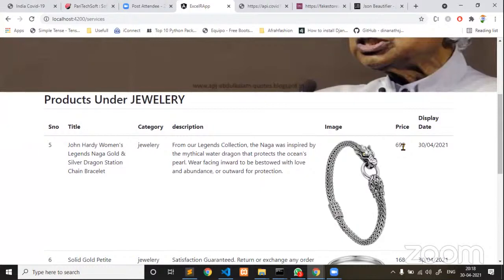The users are not in a position to understand whether it is a dollar or whether it is a rupee or whether it is in